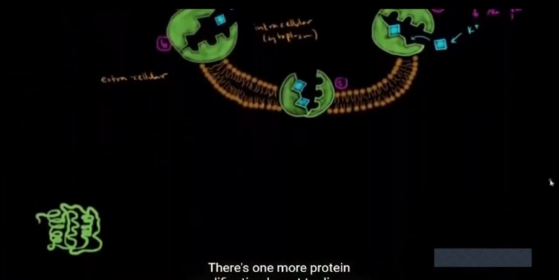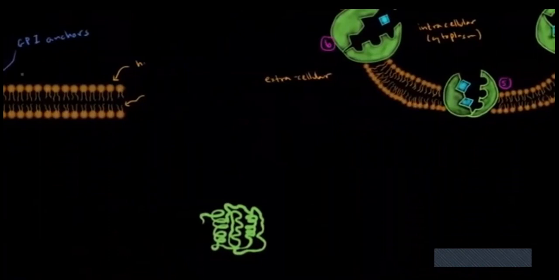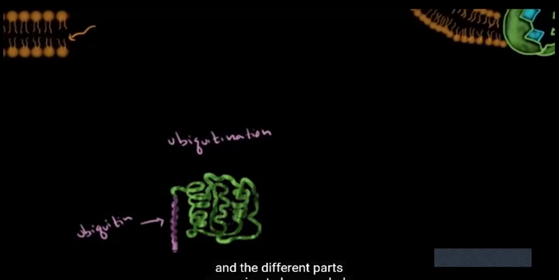There is one more protein modification I want to discuss. And that is sometimes we add a protein, ubiquitin, to another protein. So that protein I just added is ubiquitin. And this process is called ubiquitination. What ubiquitination does is it basically marks this green protein for degradation or breakdown. So within a short while of being ubiquitinated, this protein is going to be destroyed and the different parts are